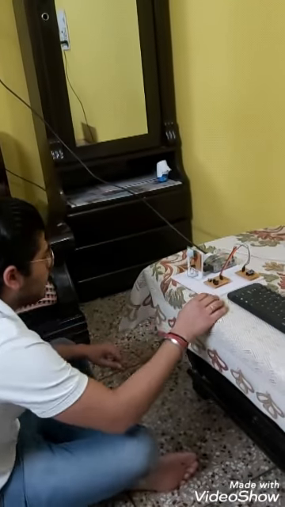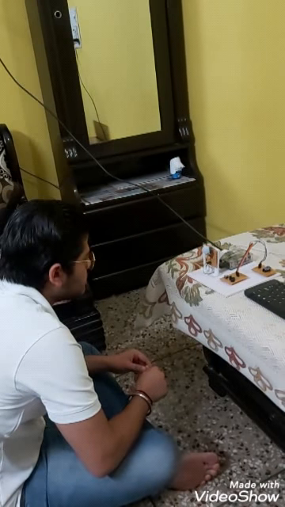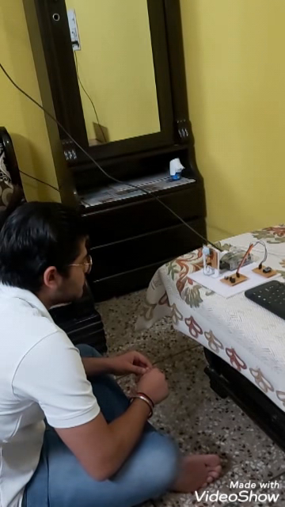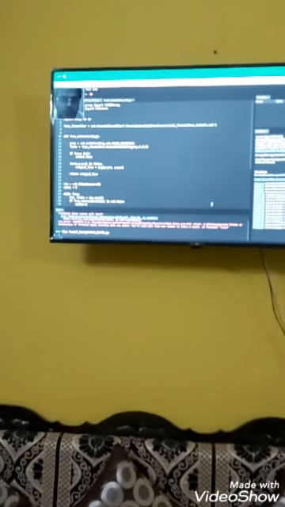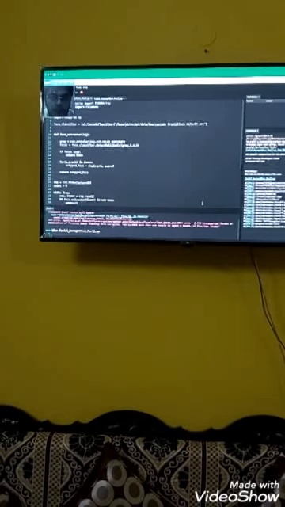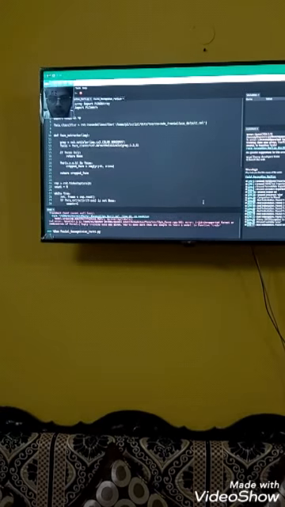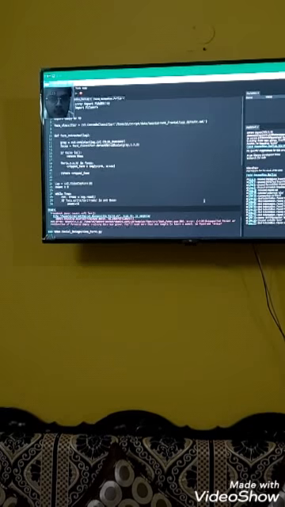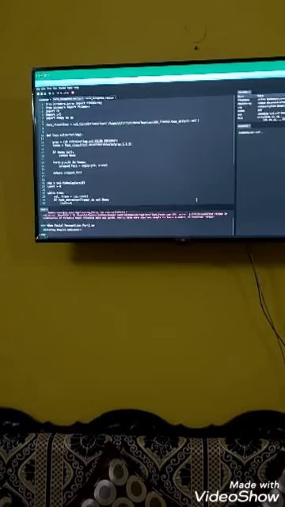Our camera will be started and it will capture around 100 images to create our database. Now our dataset has been created.